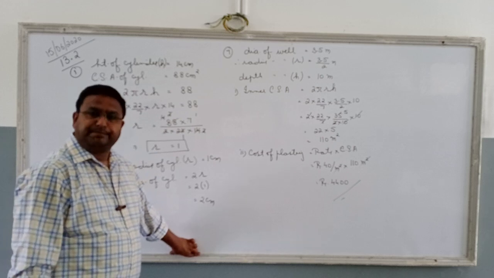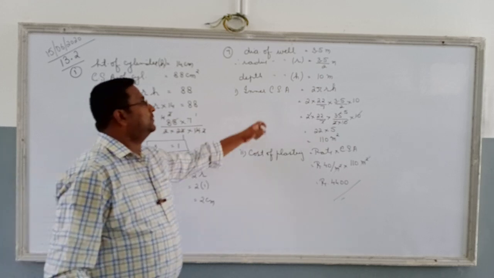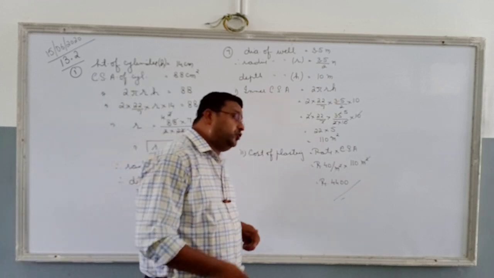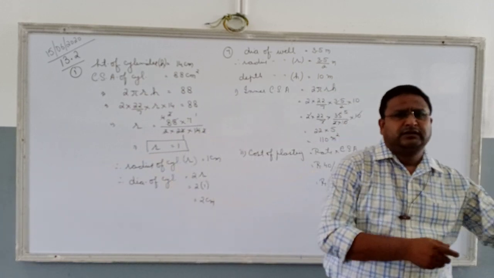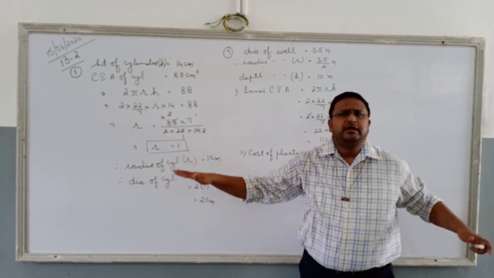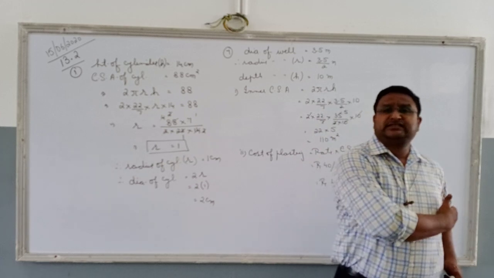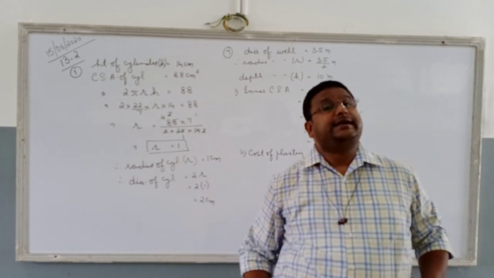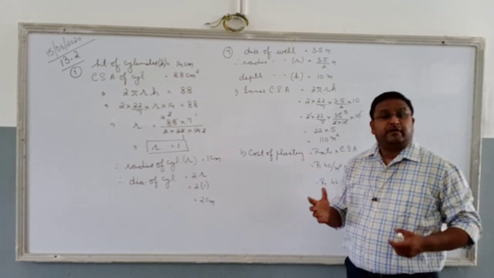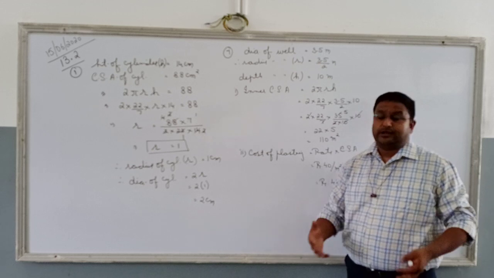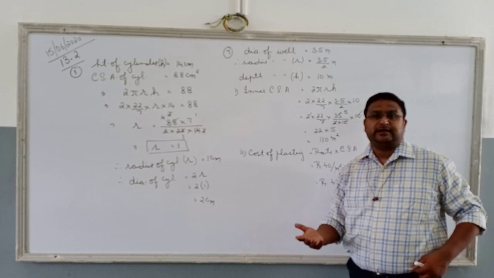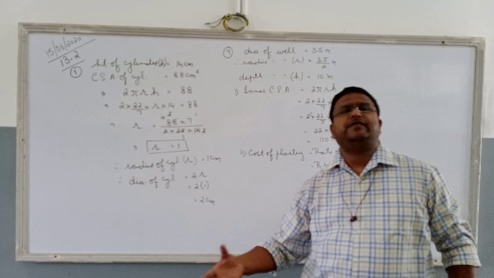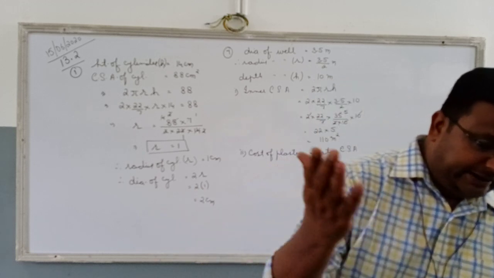Simple. Again, formula. You should know plastering. We don't close the well from the top, and we don't close the well from the base. If we close it, it becomes a tank. It will not be a well. Well is used for underground water. It is open from the base. It is covered with rocks and bricks from which the water seeps in. So here it is, this question.